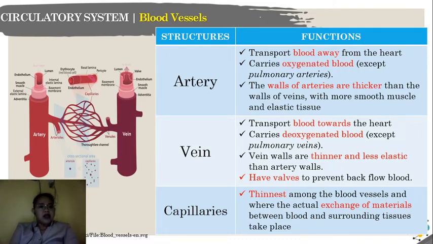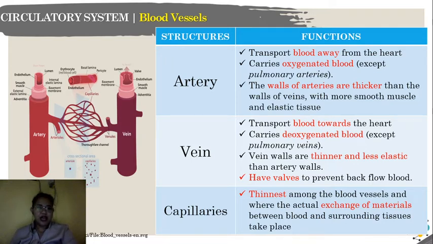Now, in the type of oxygen na dala-dala ngayon ng artery, this one is what we call oxygenated blood. Kasi may dalawa tayong klase ng blood, oxygenated, deoxygenated. Pag sinabi mong oxygenated, mataas yung percentage ng oxygen na present na gas doon sa blood. Unlike doon sa deoxygenated, mas less yung percentage ng oxygen na meron na mas mataas ang carbon dioxide. Kaya siya tinawag na deoxygenated. So, as you can see here, may nakalagay na si artery nagkikerry ng oxygenated blood except yung pulmonary arteries. Okay. Malalaman nyo bakit